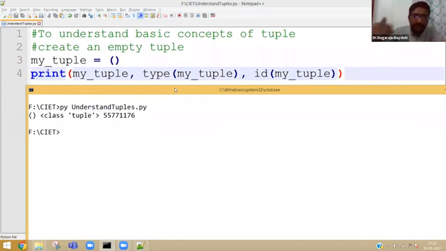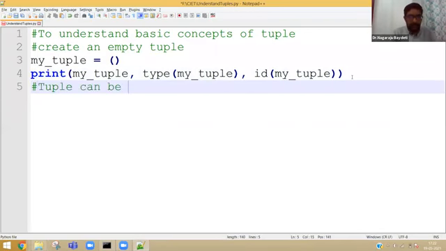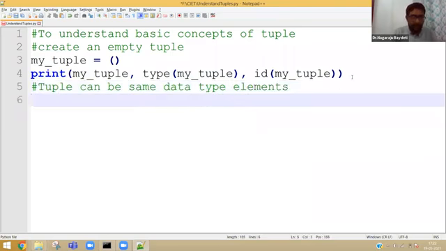So all those concepts of list will be equally applicable. That means like a list, a tuple can be a group of same data type elements. If you want to understand that, you can simply say 1, 2, 3.